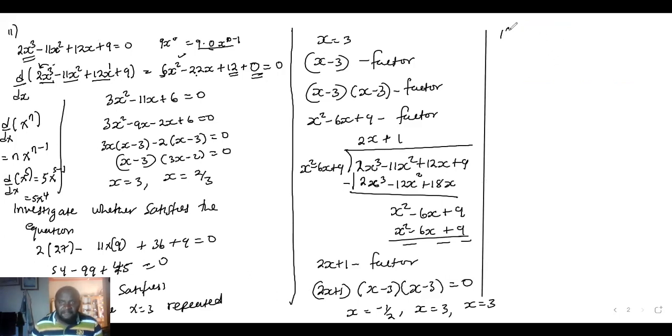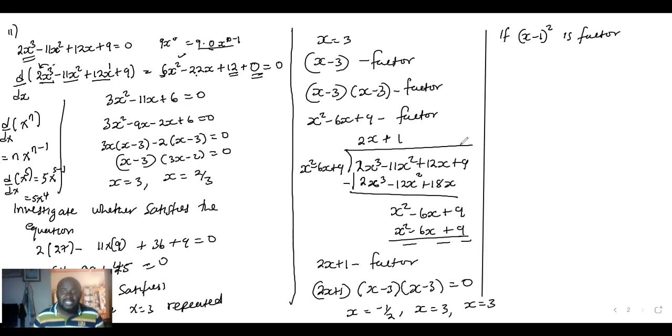They can say if (x minus 1) squared is a factor. Now, you who have attended this class, if they say it's a factor, you just know x minus 1 is a factor, hence the first root is x is 1. But that root is repeated because this is squared. You see this? This is the same as (x minus 3) squared. It is a factor. So if that is a factor of the polynomial,